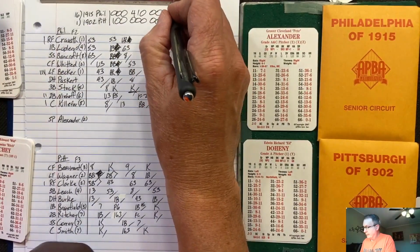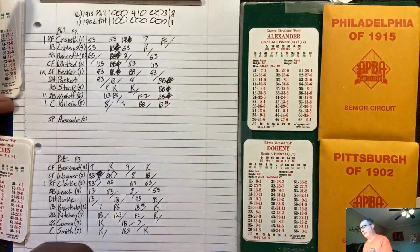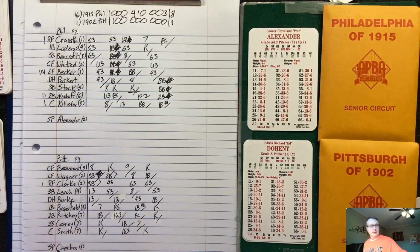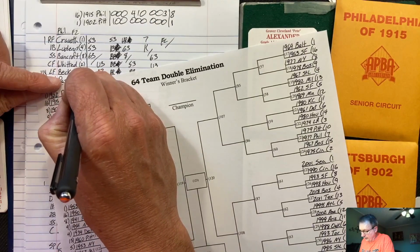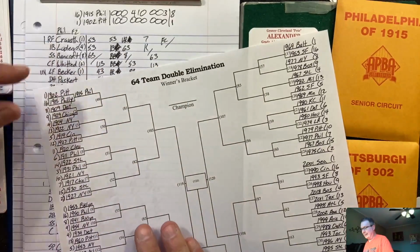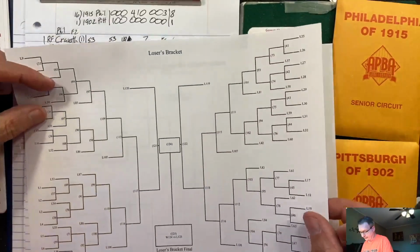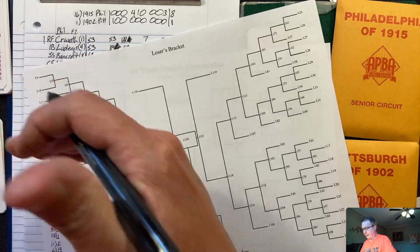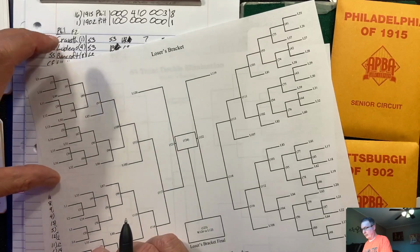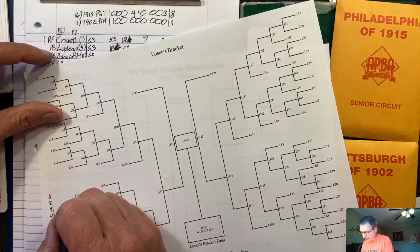So the Pirates get killed, actually, 8-1. The Phillies take care of the Pirates. So the Pirates will drop down to the losers bracket. Let's see. 19-15 Phillies, and then my losers bracket of game 1. Loser of 1 goes right here. For some reason they flip-flop. All this quadrant up here in the winners bracket goes down here. And this quadrant goes up here. I don't know. So 1902 Pirates